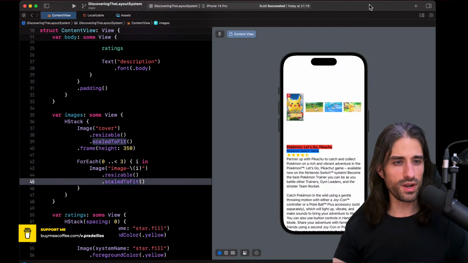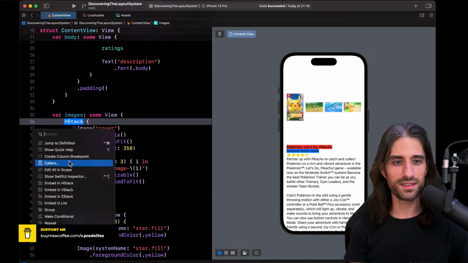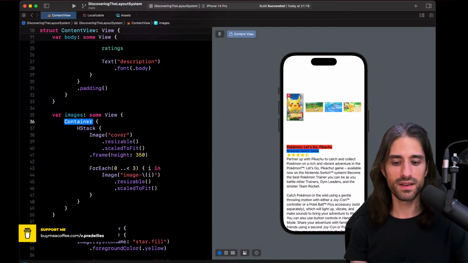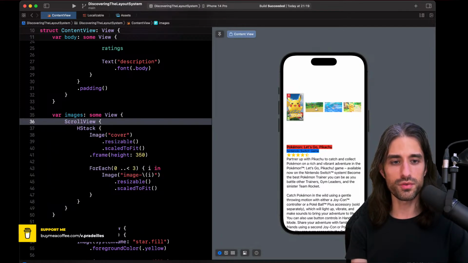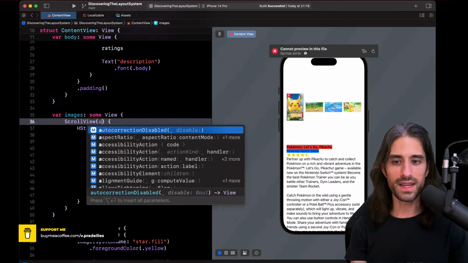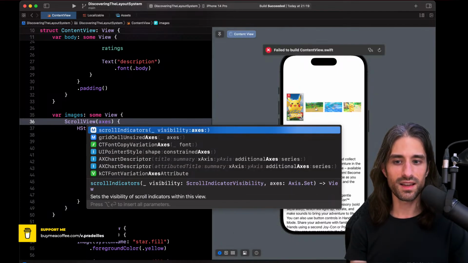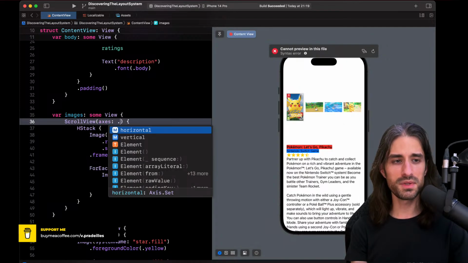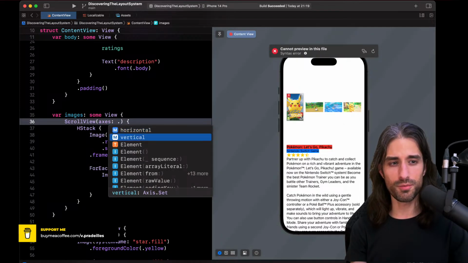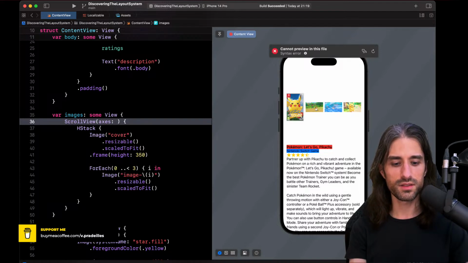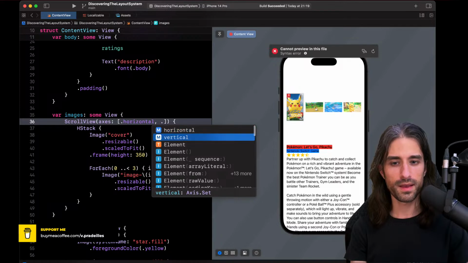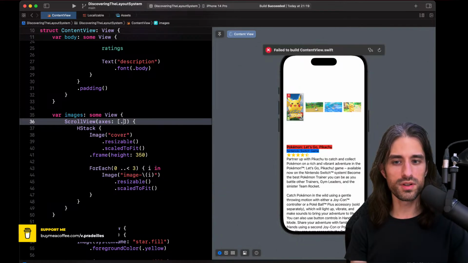Okay, perfect. So we've created the DH tag. Now we want to put it inside a scroll view. So for that, just like before, we do command embed and we create our scroll view, except that this time we want a horizontal scroll view. So we do it by setting the axis argument. It can be horizontal or vertical or both because it's an option set. So we could provide both values, but here I'm only interested in the horizontal axis. Okay.